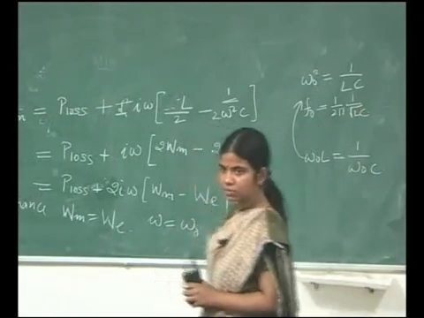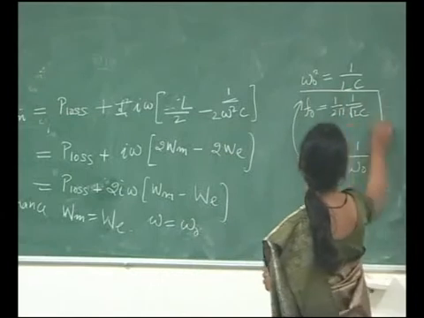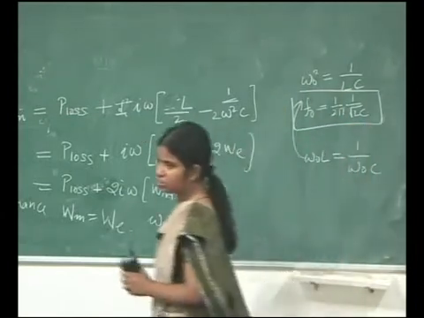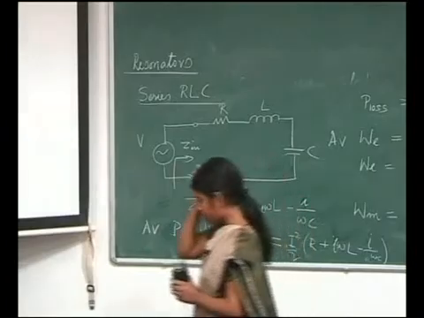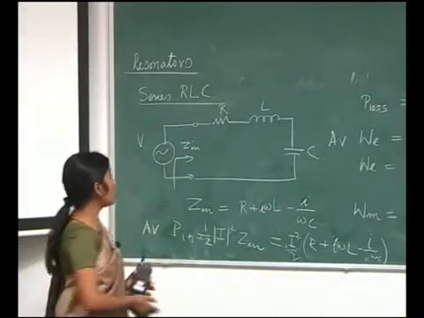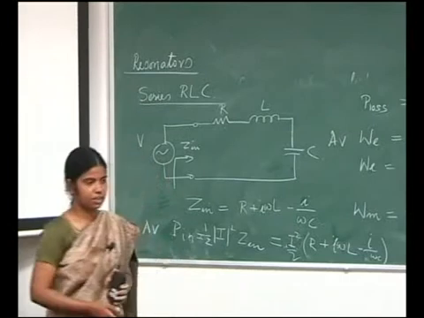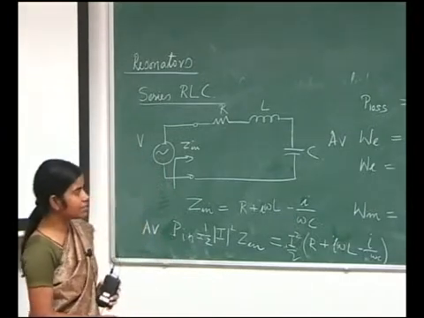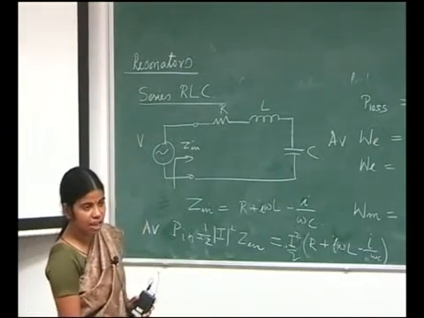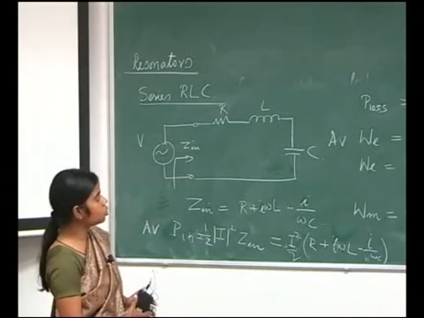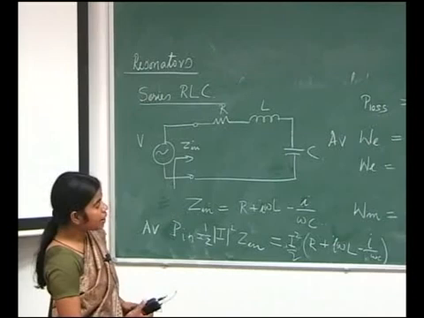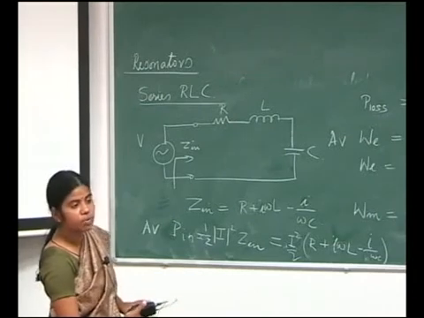Okay? So this is the formula for a series resonance circuit. This is the expression for the resonant frequency of a series resonance circuit. So it means if I know L and C, I can definitely design a resonator at the frequency that I want to have. But then what about the performance?